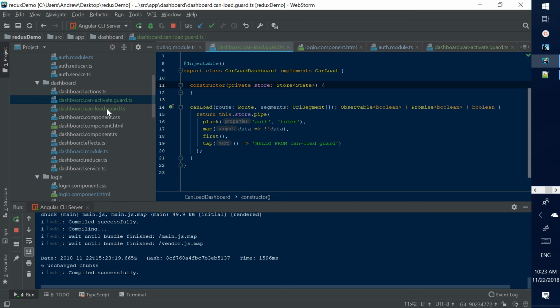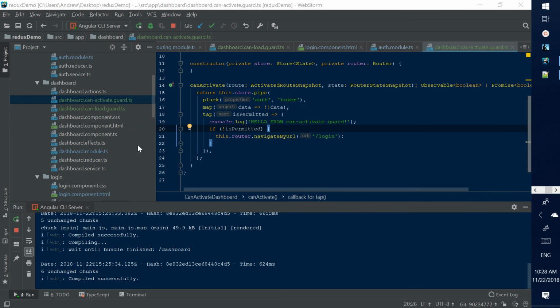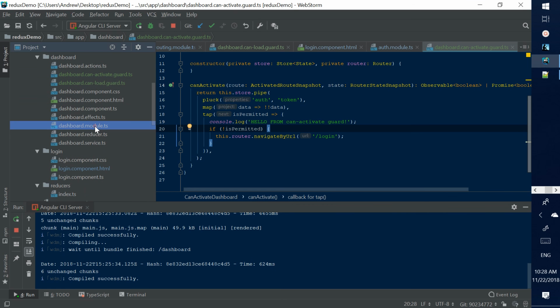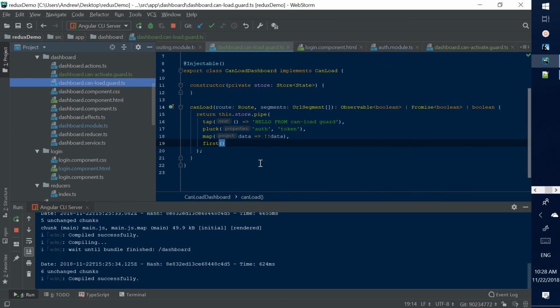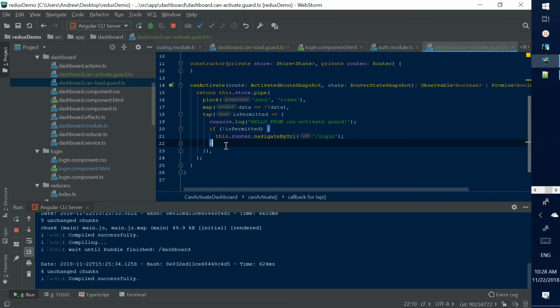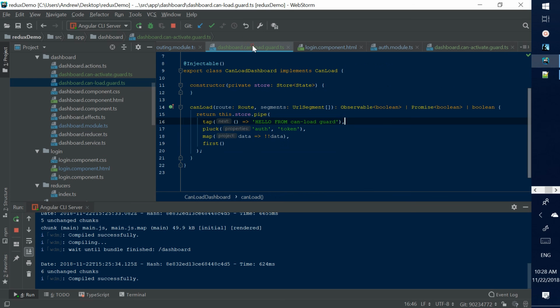Let's check it out. So actually, going back to our CanLoad guard, let's put the routing back in there. The reason is that since the CanLoad guard operates before the CanActivate guard,